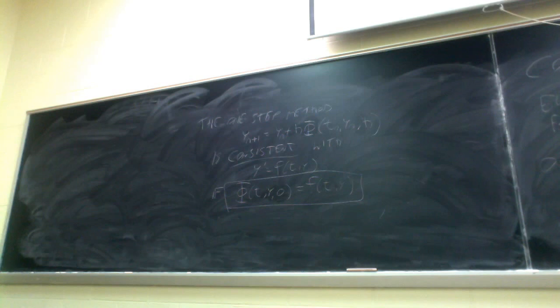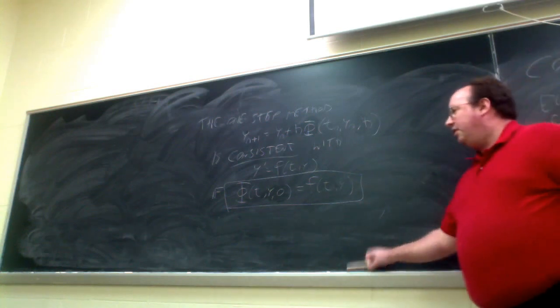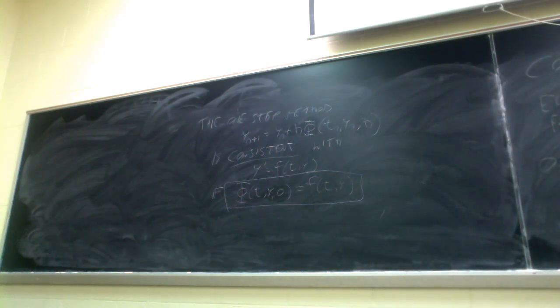Okay. Now, that's one condition that we need to show that a one-step method can possibly converge, because convergence is what we really care about. But to get to convergence, we have a couple of gateway concepts, and consistency is one of them. Another criterion is stability. So again, a general one-step method